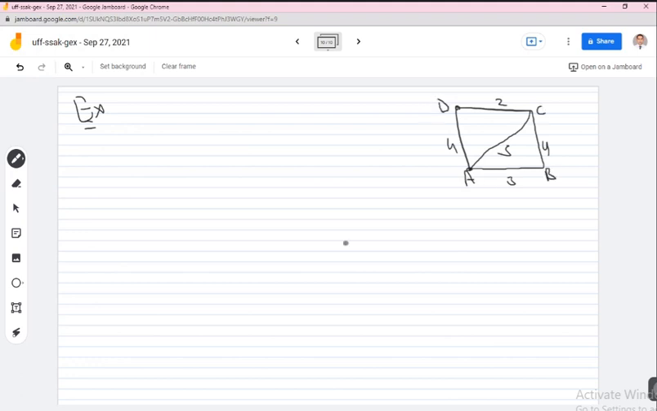What is the shortest path from A to D? I think it will be clear. A to D is just 4, because if you take this route, it will be 5, and if you take this route, it will be more than 4. Okay. Now I replace here